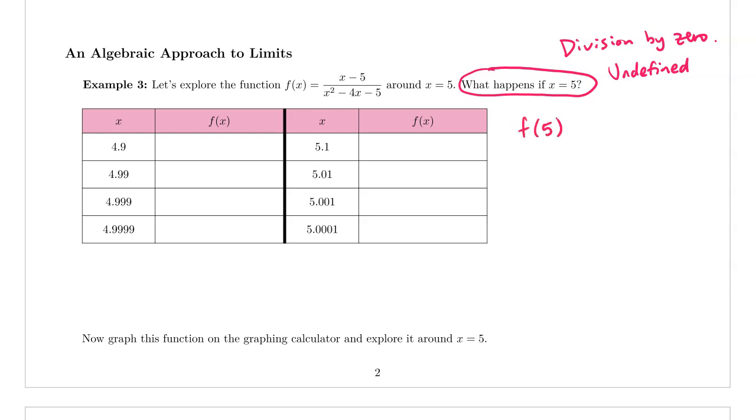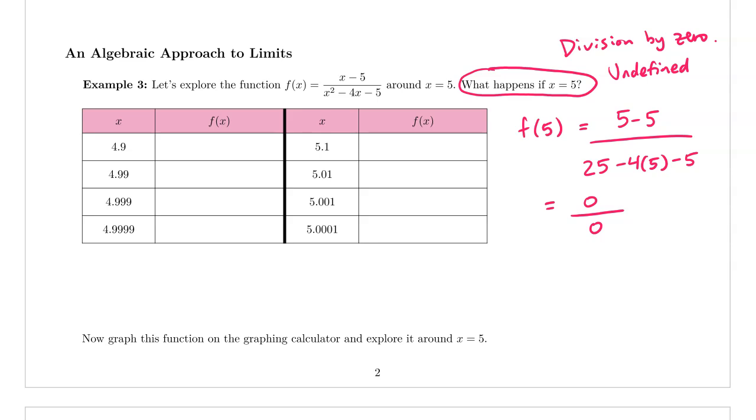Let's just check that really quickly. F of 5 equals, in the numerator I would have 5 minus 5. In the denominator I would have 5 squared, which is 25, minus 4 times 5 minus 5. And so that would end up being 0 divided by the denominator will equal 0 as well. So let's do this where we have this table here and we're given some x values and we want to find the output value. So I'm going to go ahead and do this by using a graphing calculator and the